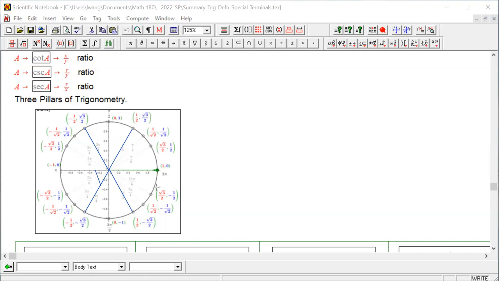Okay, so when we look at these, you always have to have standard position in your mind, which is the green here, and the 3 pillars of trigonometry. So this triangle is serving the 3 pillars of trigonometry. Last but not least, okay,